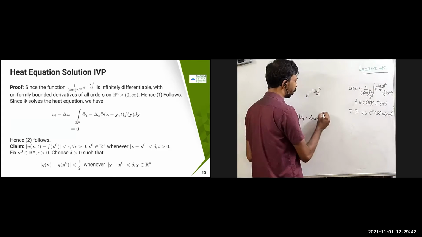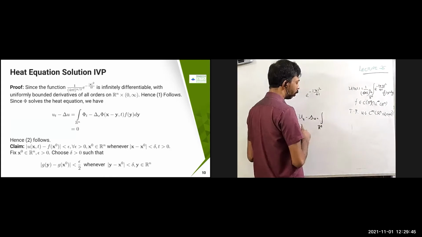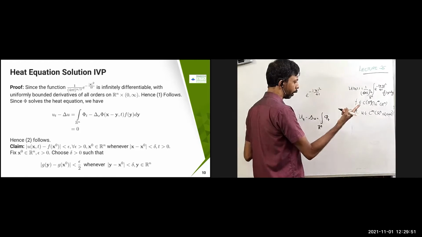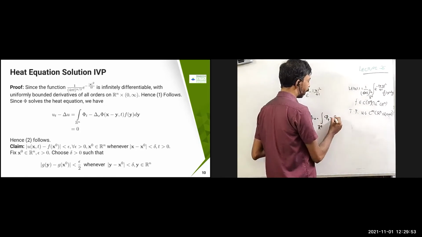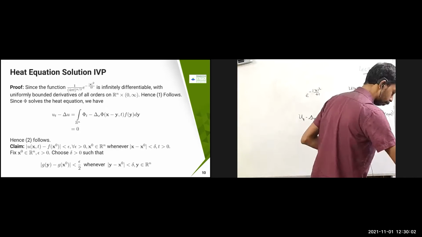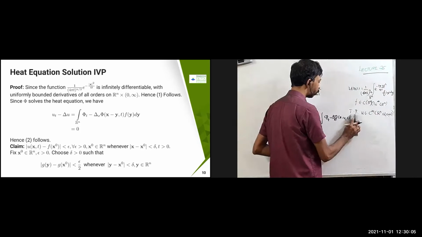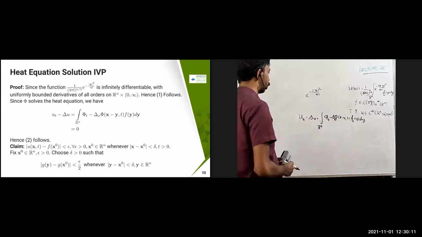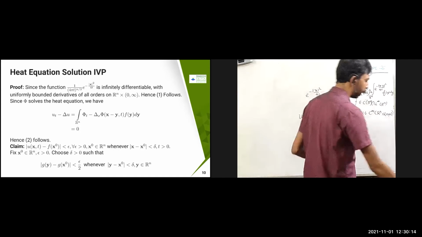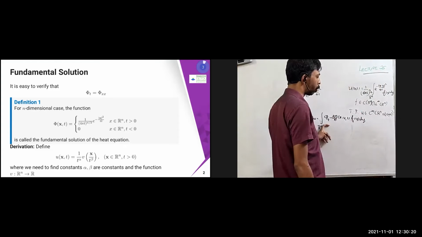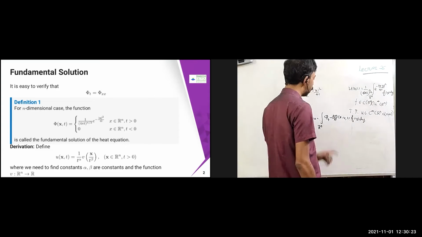So let me calculate what is u_t minus del u. That is going to become integral over R power n, so this is going to be phi_t, because u of x comma t is having integral of phi of x comma t. So therefore this is going to become phi_t minus del_x phi of x minus y comma t into f of y dy. Now we know that phi is satisfying this, so that we have already claimed. In the first itself, we got started with that. It is easy to verify that phi_t is going to satisfy this one. So therefore, this is going to be 0.